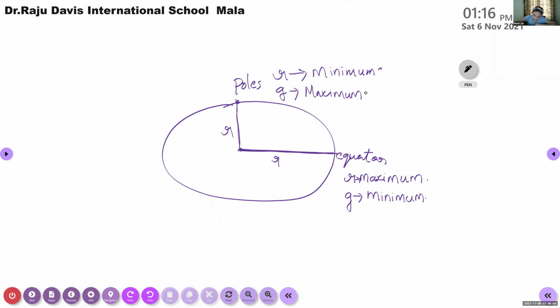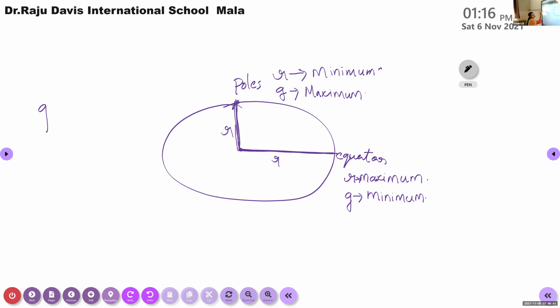Very good. So here we discussed the variation of g depending upon the value of radius. In the case of Earth, it is not a perfect sphere. It's some kind of flattened shape, and the radius of the earth is greater at the equator. Since the radius is greater, the value of g is minimum at the region of equator. In the case of poles, the value of radius decreases towards the pole. Then the value of g is maximum at the poles. So this is the conclusion that we obtained from here.